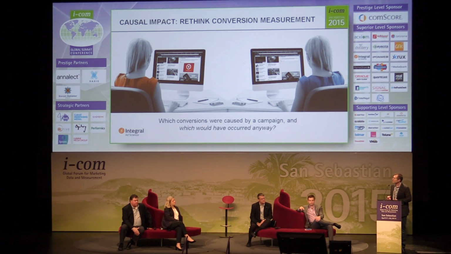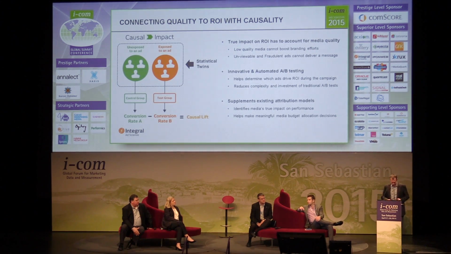So what we've done at Integral is we've created this product called Causal Impact. And what it does is if someone's running us for viewability measurement or fraud or for safety, if they just put a pixel on a page that they're using as a success metric, so it could be a conversion page, that's the easiest, it could be a funnel page, just something that they're using already to create an ROI based on. Our technology will automatically bifurcate